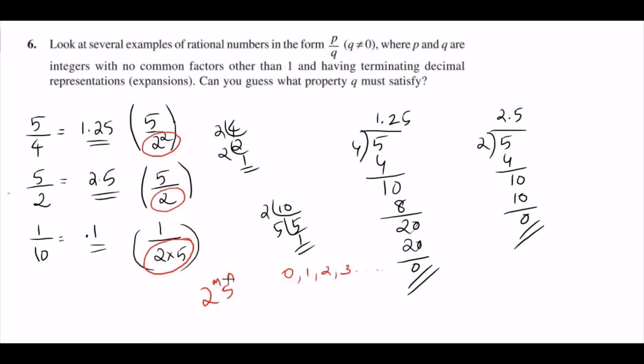If any one of these is 0, then you will get that whole term as 1. That is, 2 raised to 0 is 1. So only 5 will be there in the factorization of the denominator. And if n is 0, only 2 will be there in the factorization of the denominator. If both are not 0, that is any other value, then you will have both the numbers in their factorization. That is, the factorization of the denominator will be either 2 alone or 5 alone or both 2 and 5. So this is the property of rational numbers with terminating decimal expansions. You will be learning in detail about this property in 10th class.